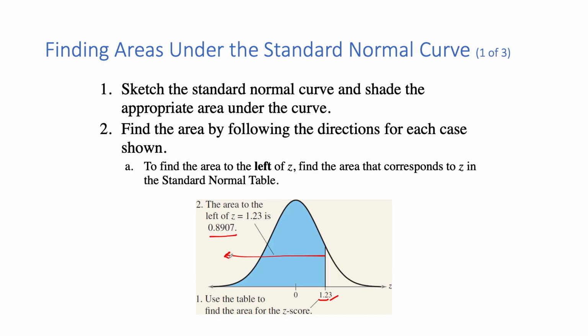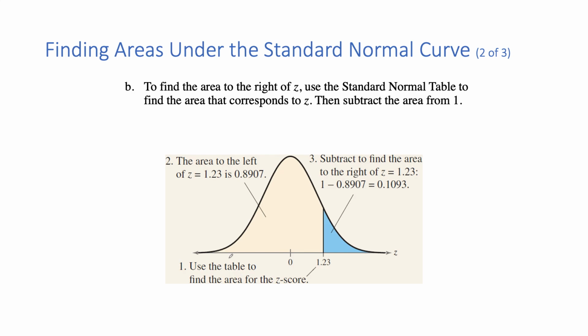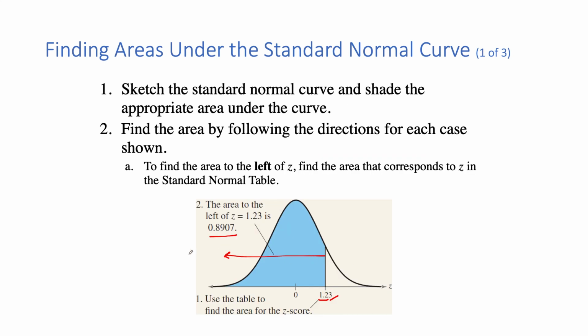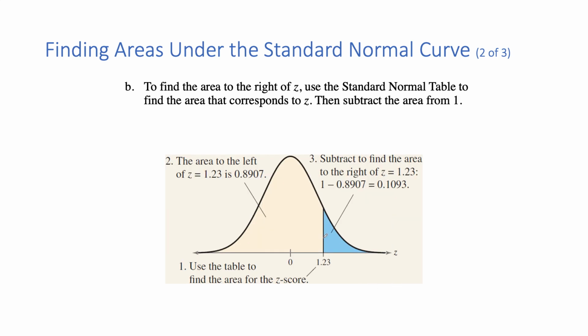Okay. So what happens if I want to find areas to the right? Right. So, I know this area from the table. So what happens if I want to know the area to the right of 1.23? It's basically straightforward. The total area under the curve is 1, which is what we know, and if this area here is 0.8907, so if I've already accumulated 0.8907 worth of area by the time I started from the left end and got to 1.23, the area to the right tells me how much further do I have to go, right? So if the total area is 1, and I've already covered 0.8907 by the time I got to 1.23, then